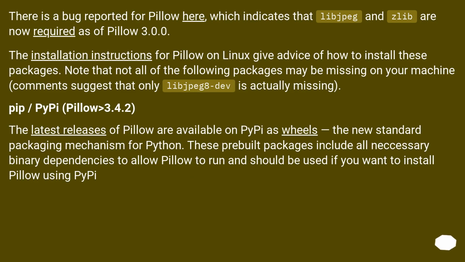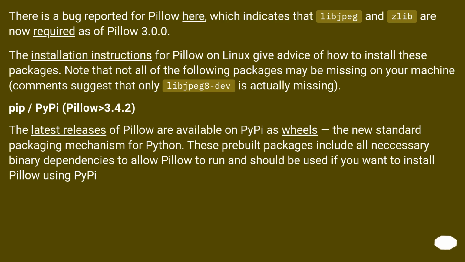There is a bug reported for Pillow here, which indicates that libjpeg and zlib are now required as of Pillow 3.0.0. The installation instructions for Pillow on Linux give advice of how to install these packages. Note that not all of the following packages may be missing on your machine. Comments suggest that only libjpeg8-dev is actually missing. pip install Pillow